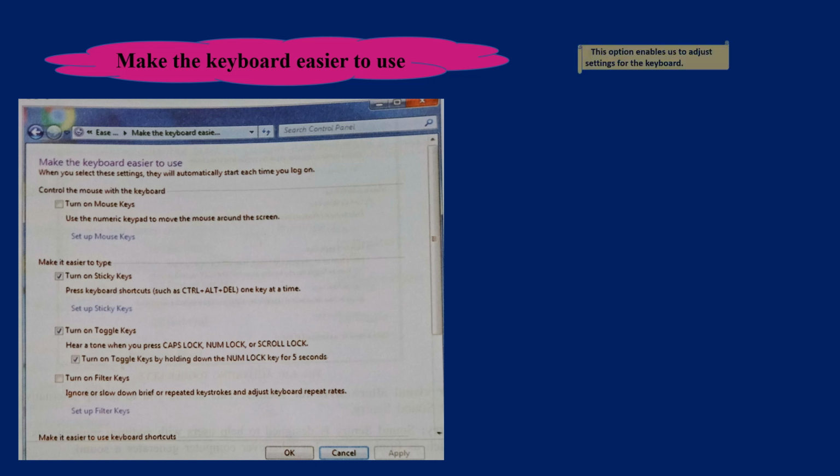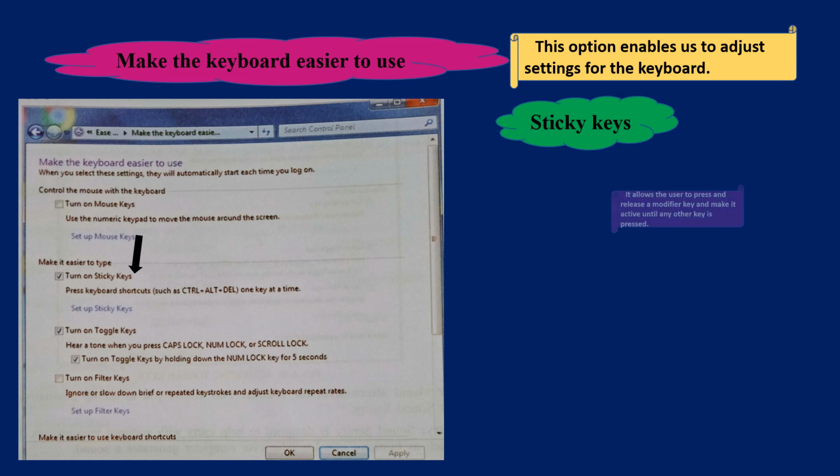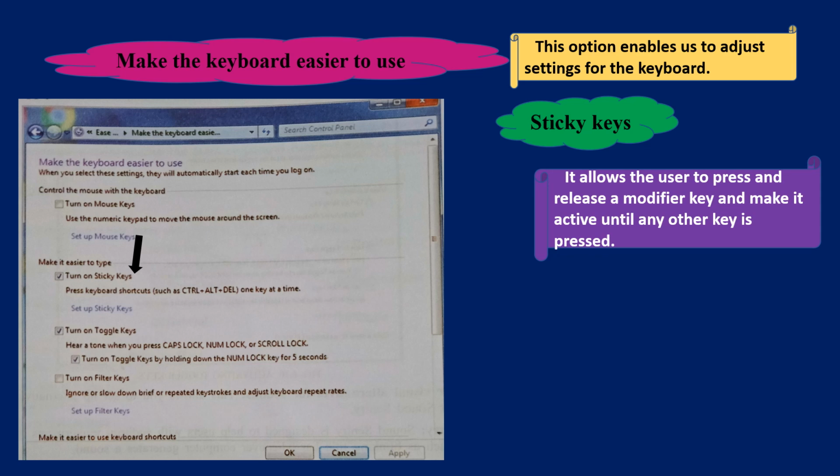First one is sticky keys. Sticky keys is designed for people who have difficulty holding down two or more keys simultaneously. This allows the user to press and release a modifier key and make it active until any other key is pressed. Here modifier key means Shift key, Control, Alt